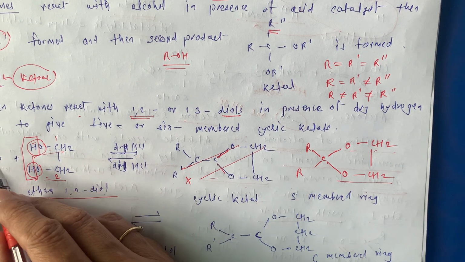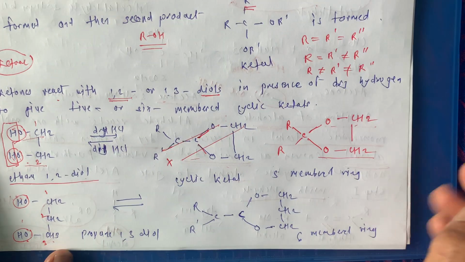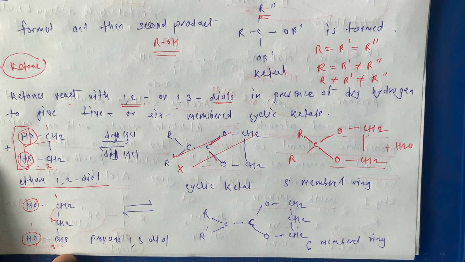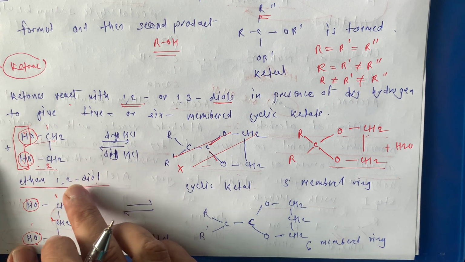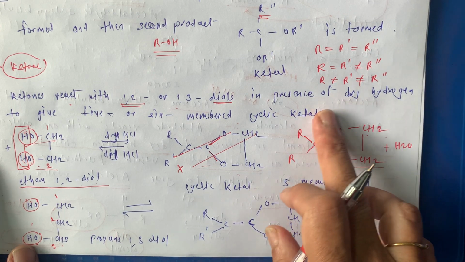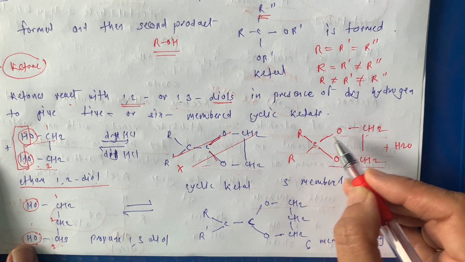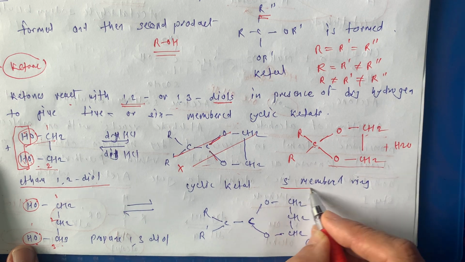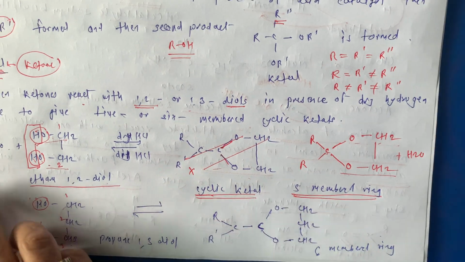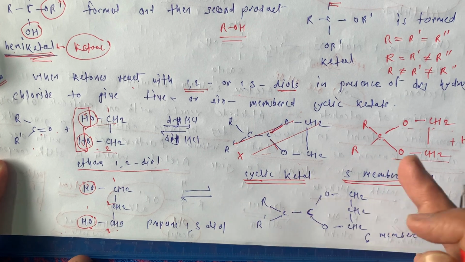Now what is going to happen? See here, OCH2 OCH2, in total there are 3 oxygens. So the byproduct here is now H2O. These 2 hydrogens and 1 oxygen are going to react with each other. There is the byproduct formation of H2O, and one cyclic product. This is now cyclic. How? Here it is a 5-member cycle: 1 2 3 4 5. A 5-member ring is formed. A cyclic compound forms, and this is known as a cyclic ketal because we start with the ketone.